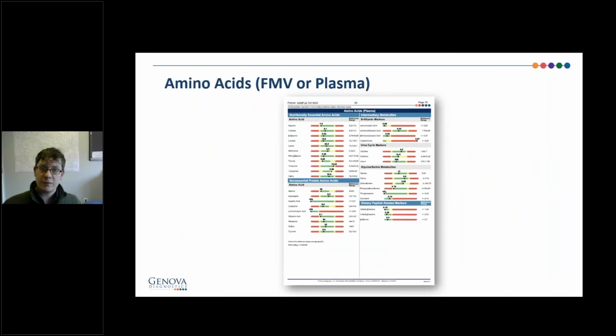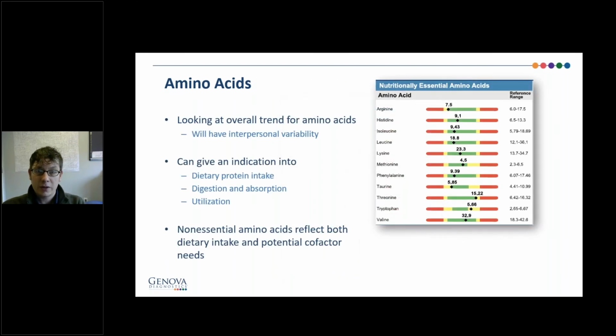All right, so moving from the organic acids to the amino acids, just remember that you can look at amino acids in two different ways on the NutrEval, either via the plasma or the first morning void. And clinically, when I'm thinking about amino acid interpretation, what's the overall trend? You're going to have a little bit of interpersonal variability, but if I draw a line down the middle of this reference range, where are all the analytes primarily falling? Are they falling down that red line, or are they maybe trending a little bit low or trending a little bit high? So this gives you an indication of dietary protein intake and how well the patient's digesting and absorbing